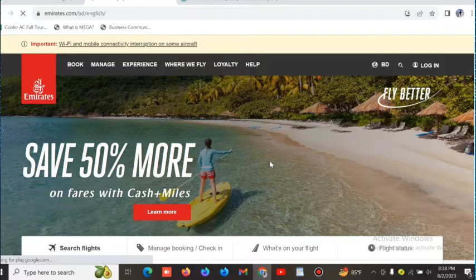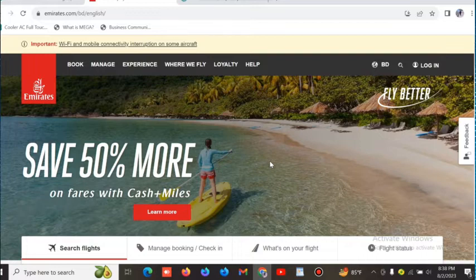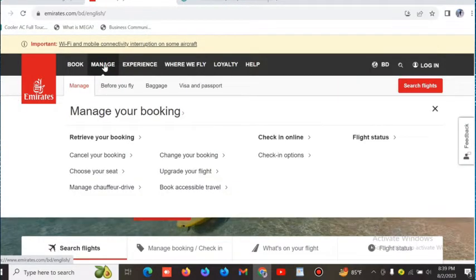So first work is to visit their official website. So you have to visit Emirates official website on Emirates.com and then you have to log in to this website. And after login to the Emirates website, now you have to tap on the Manage option at the top left corner. And by tapping on the Manage option, you can see there are several options like Retrieve your booking, Check-in